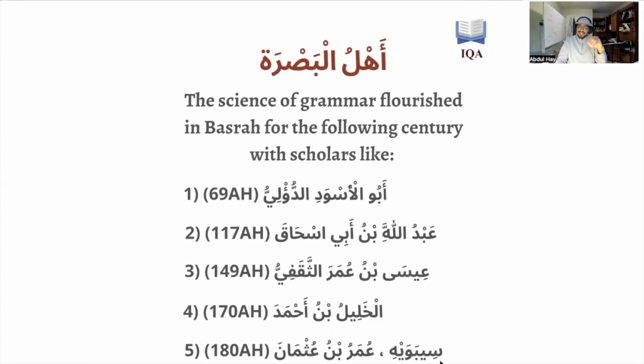And a lot of the opinions that Sibawayh takes are really the opinions of Khalil ibn Ahmed al-Farahidi. Because even though he had a vast knowledge of grammar and taught it to his students, first and foremost Sibawayh, he didn't actually write down his opinions. So Sibawayh is the one who came and wrote down the opinions of Khalil ibn Ahmed and added to it from his own opinions, and also from other scholars he studied from, and that's how we get Sibawayh's book Al-Kitab, which is really the main book in grammar that we usually go back to.